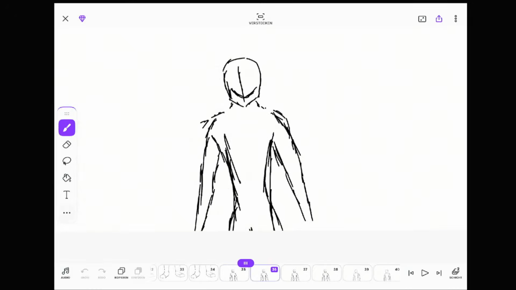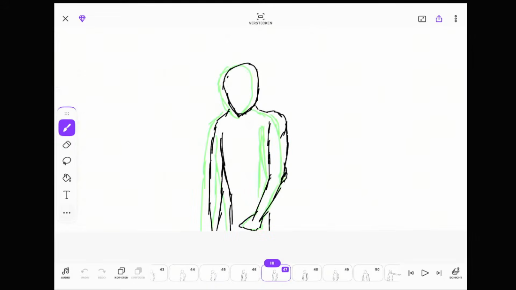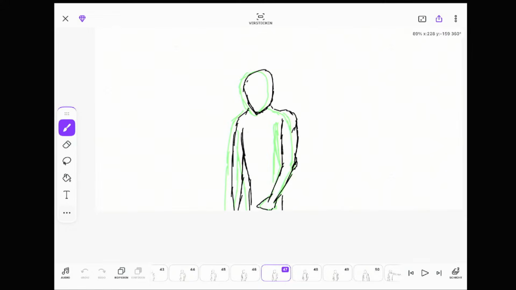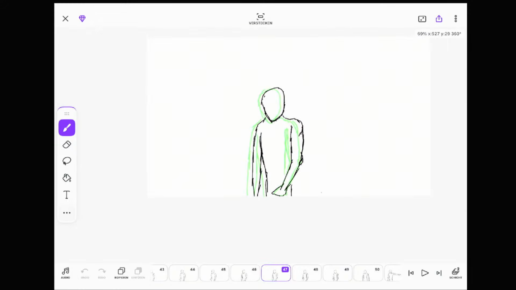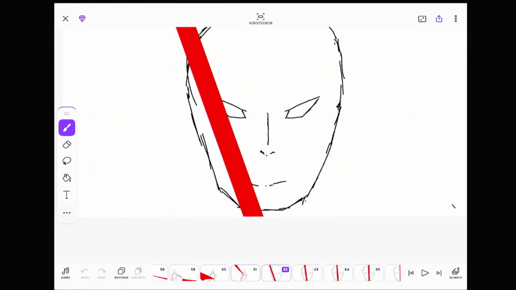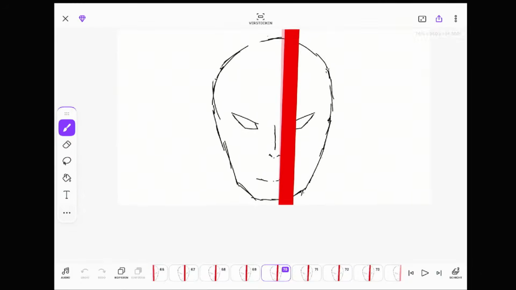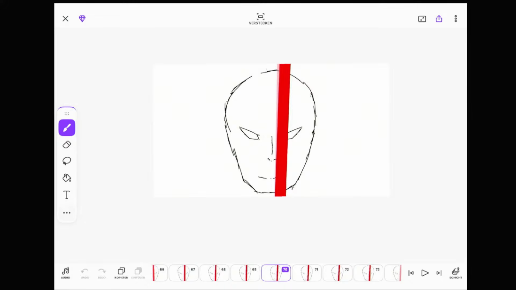So when you animate with too much detail in the first part of animating, then it kind of feels like you don't come to the part where animating is fun. So at first, when I want to be motivated with animating, then I would start doing it without too much details.